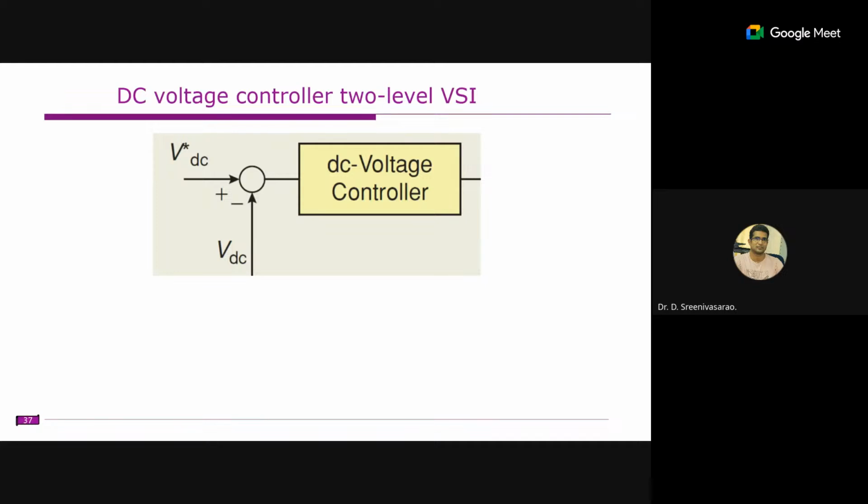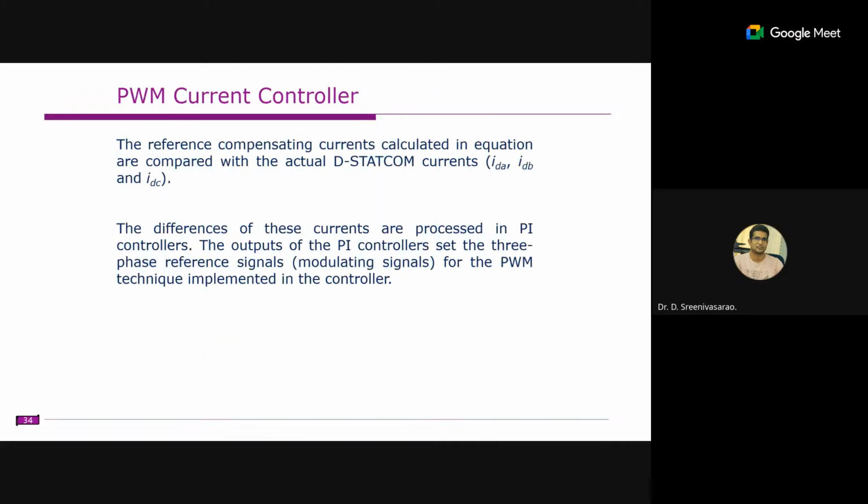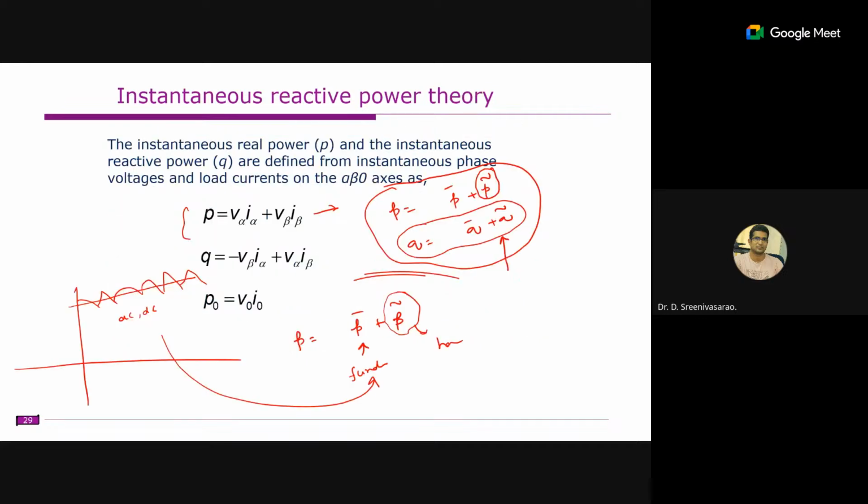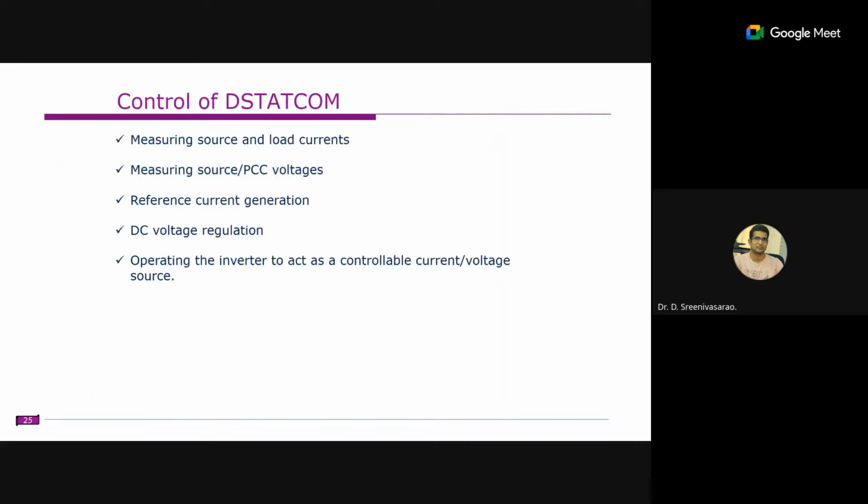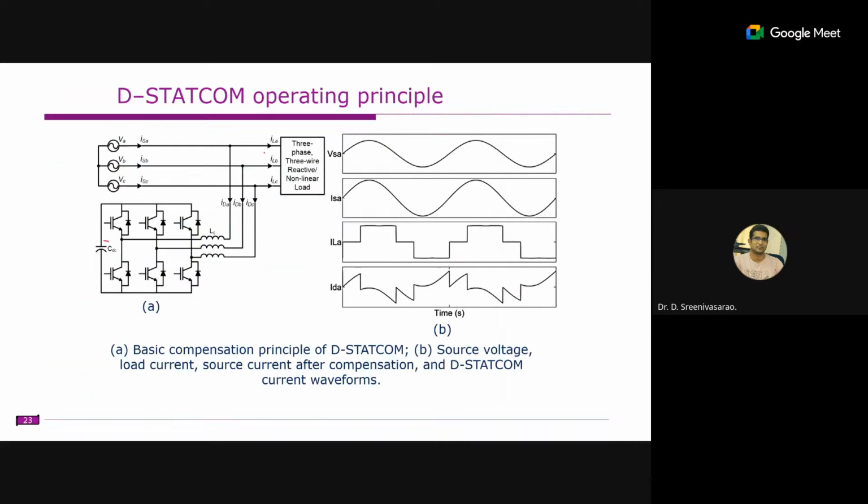As we discussed, we have one capacitor on the inverter side, so we need to regulate this capacitor voltage. Here there is no provision, or we are not allowing any real power drawing from the grid to the inverter side, theoretically. But the thing is that we need to maintain this one.